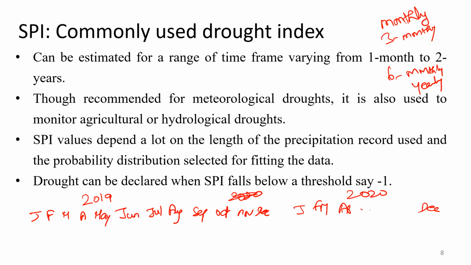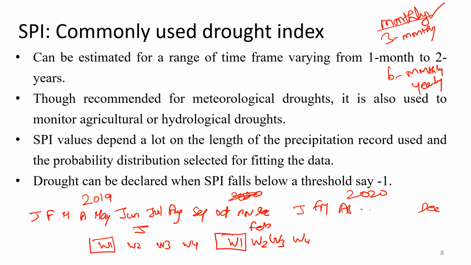Similarly, SPI can be estimated on a moving window time frame. Moving window means, say I have to calculate a monthly SPI, but this monthly SPI can be calculated and published every week. For example, let us assume each month has a constant 4 weeks. January: week 1, week 2, week 3, week 4. February: week 1, week 2, week 3, week 4. I observe rainfall in the first week of January. I come from the first week of January to the first week of February.